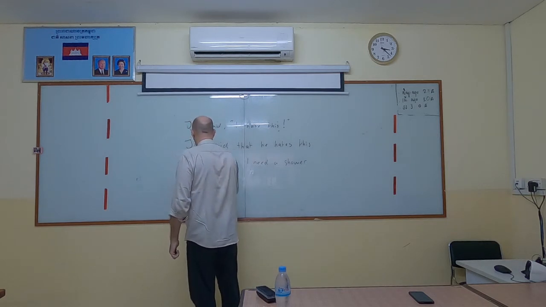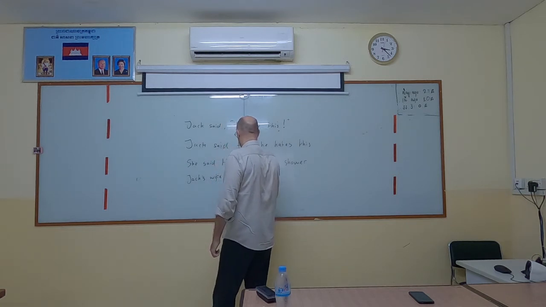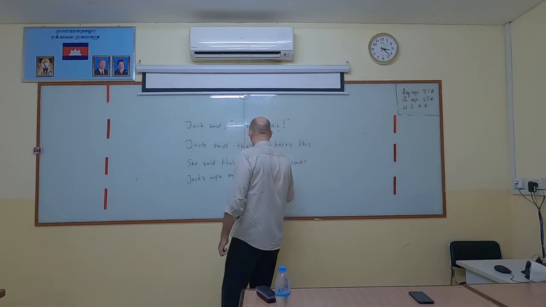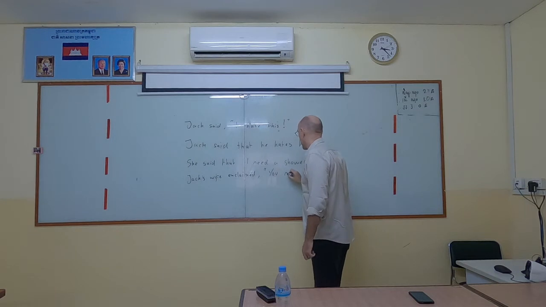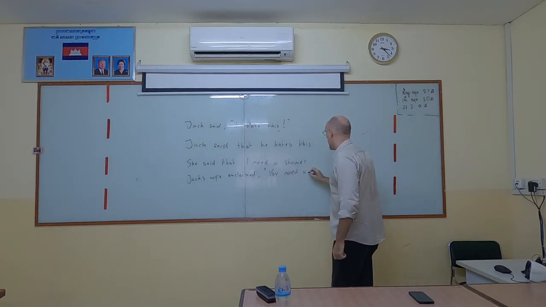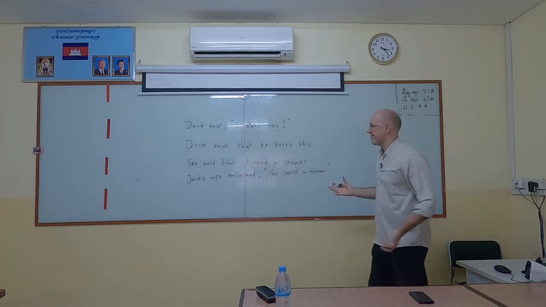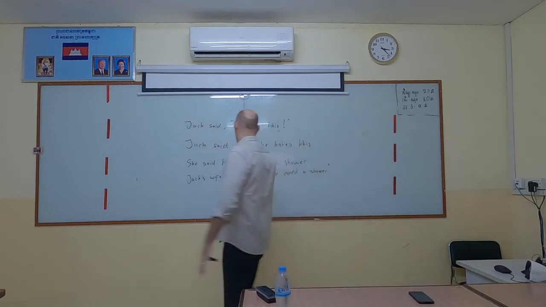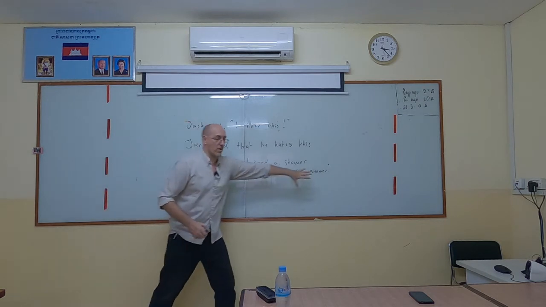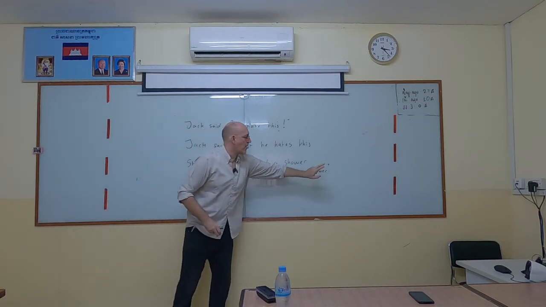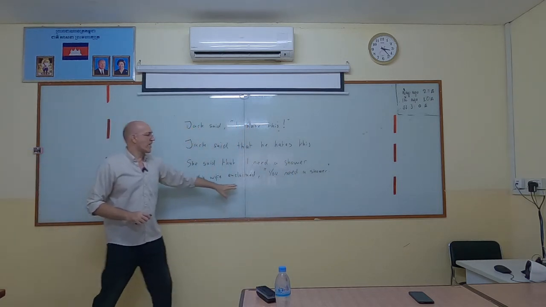So Jack's wife exclaimed, comma, open quotation marks, You, capital, my handwriting is not great, but that is a capital, you need a shower. Oops. Stop. Okay, so we've got all the same rules. We've got a comma here, because every time we're breaking a sentence, we always have a comma either side of our quote. Capital Y, you need a shower, full stop, end quote. So this is what she actually said. Jack's wife exclaimed, "You need a shower."